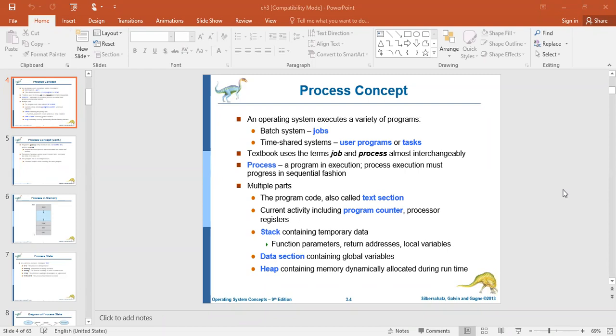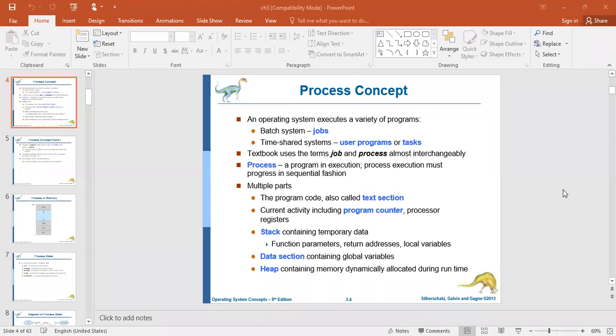Another one is the data section. The data section contains the global and static variables. Global variables can be used anywhere in the program, whereas local variables are accessed within the scope of that variable only.